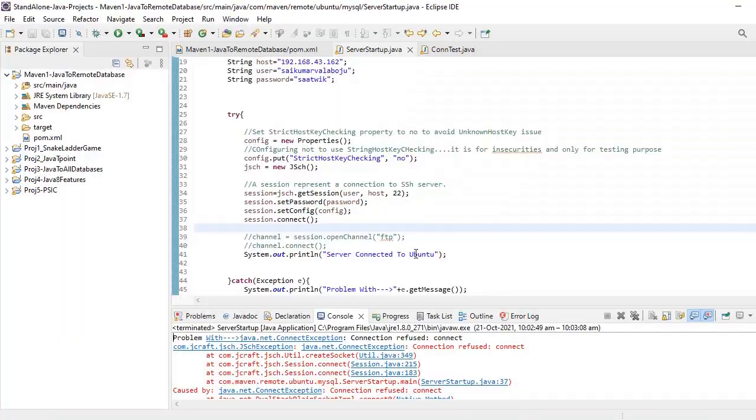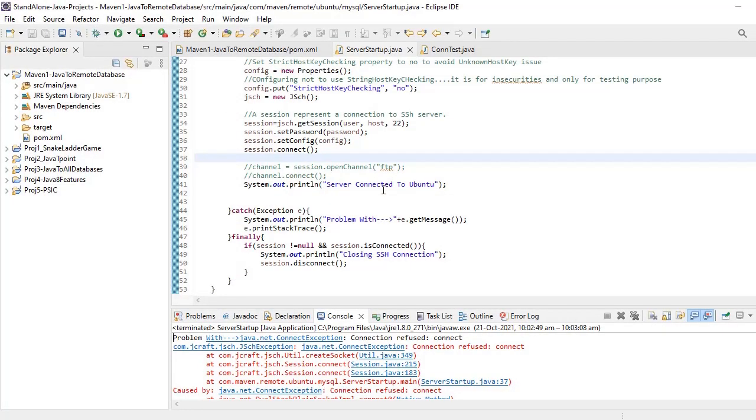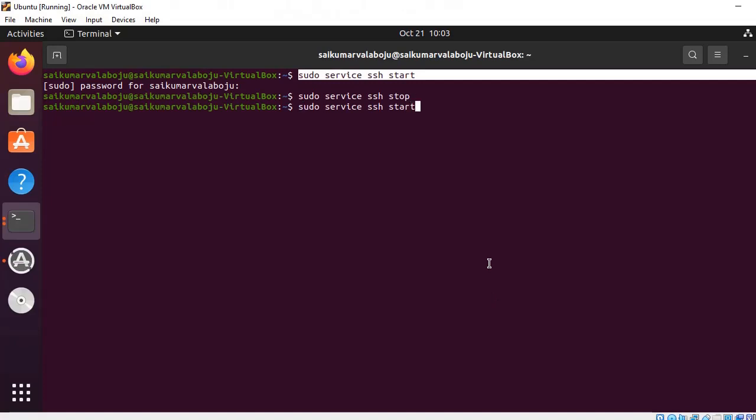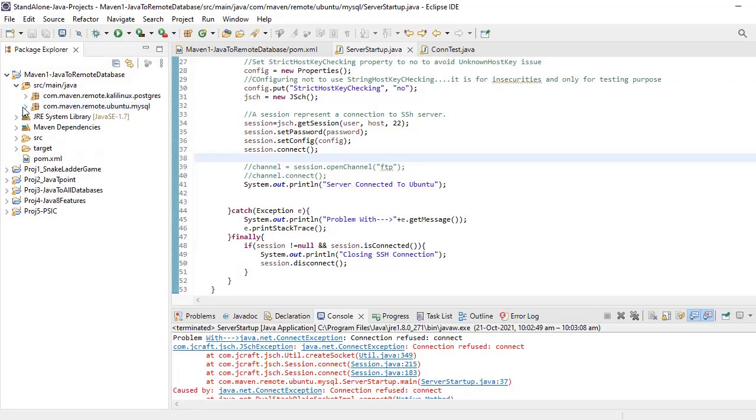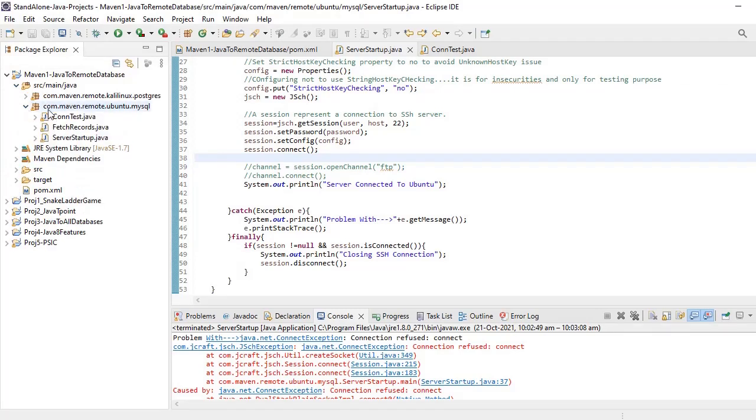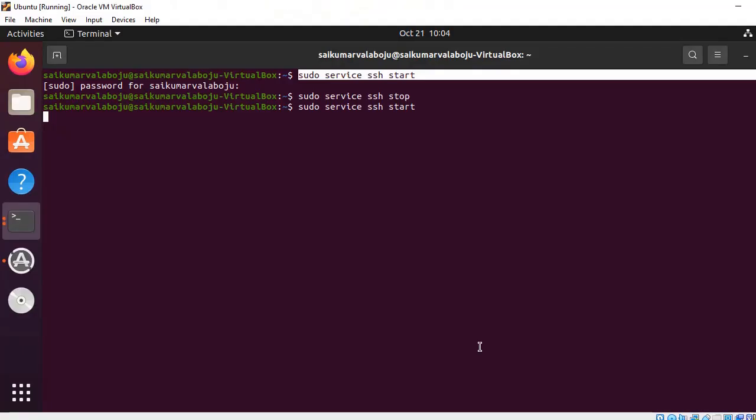Up to here it is saying that it is just starting the server. Okay. Let me start the server once again. Now the server is started.